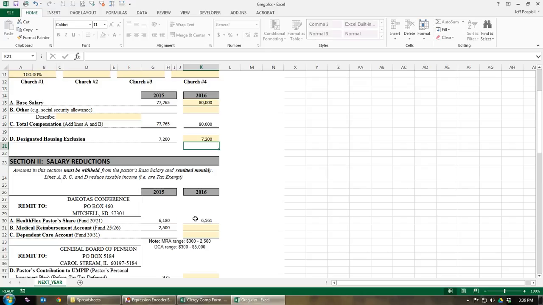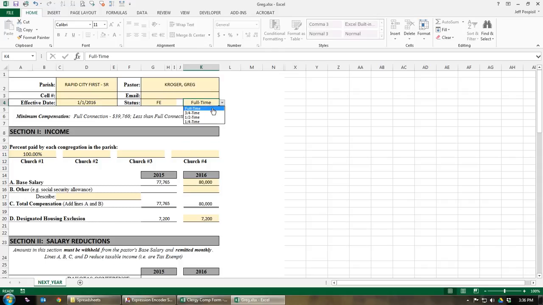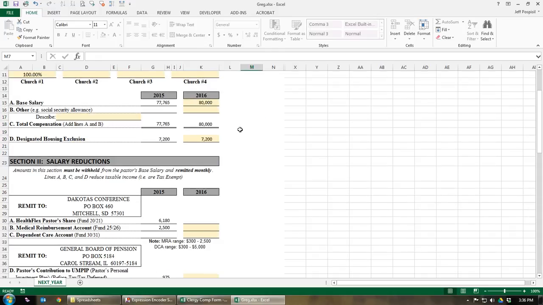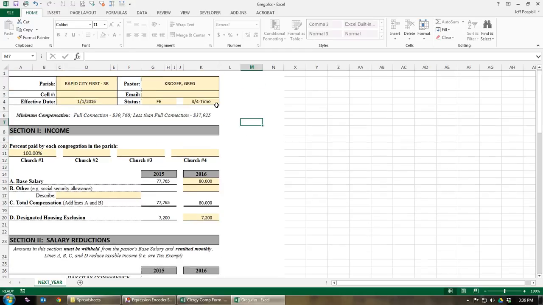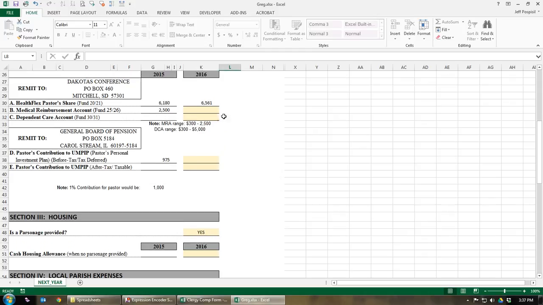The HealthFlex pastor share automatically is updated. So if, for example, Greg goes to part-time, he's kicked out of HealthFlex and he's no longer eligible, or if he leaves the denomination, that goes away. The MRA, and then there's dependent care, but Greg has two-party coverage, so unless he has to take care of his wife,